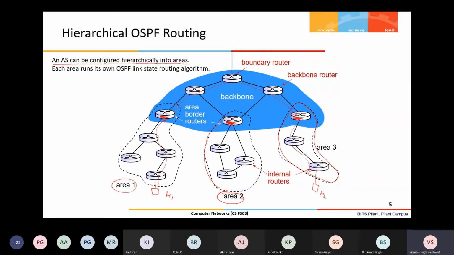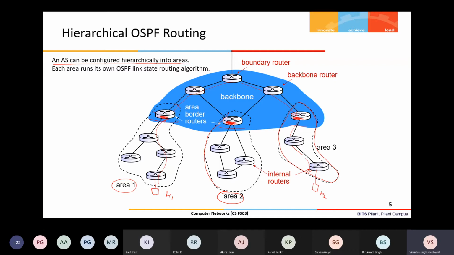All these border routers are connected to the backbone router, and there may be extra routers as well. Here you can see three border routers, and some extra routers to provide the interconnectivity between all the area border routers. This way we can handle the scalability problem of OSPF or Dijkstra.